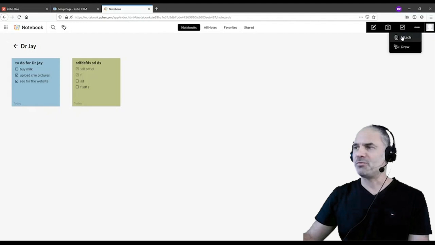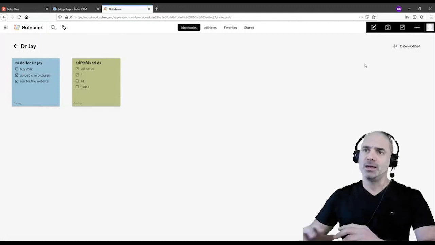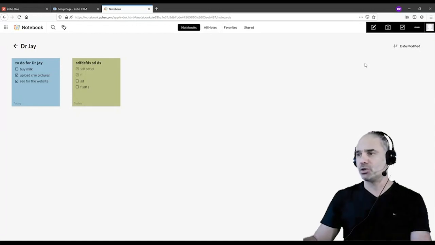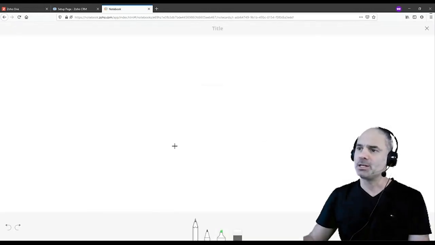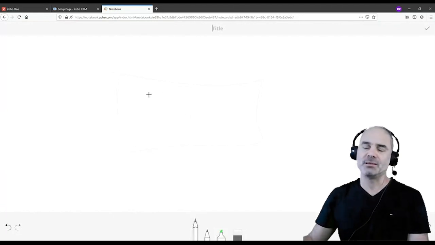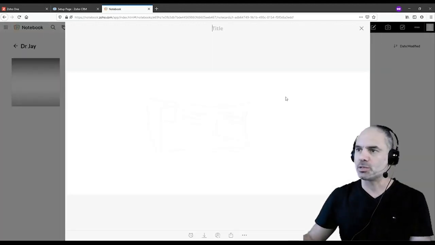You can also attach files. So let's say if you have any kind of files to attach, you can attach them here, PDFs, documents. If, for example, you work with a client and he has lots of files for you, you can just drop them here. And the last one will be just drawing. So let's say we're talking about some way that we want to present, let's say, a website. So this is a picture. Here you will have the item list. Here I would like to see the notes, and so on. So it's just a way to draw, and of course you can also save it, right?